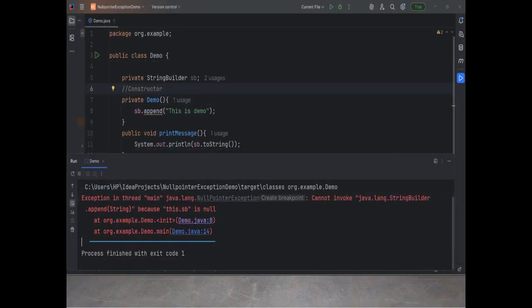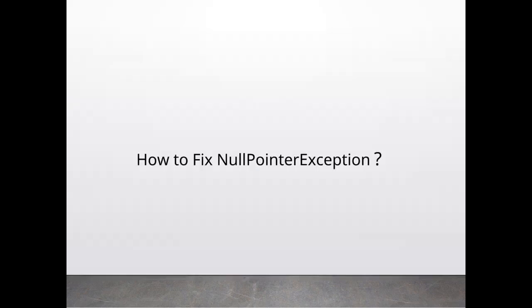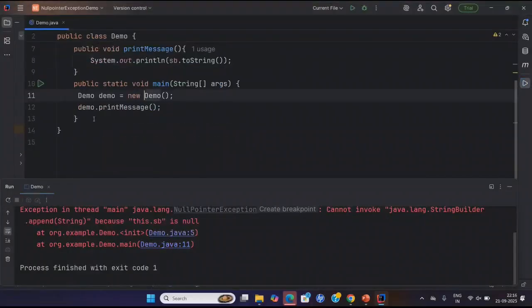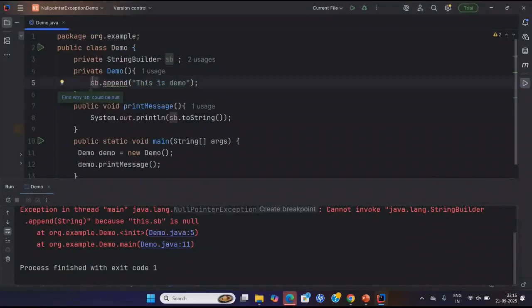The Java stack trace starts from the end. In our example, the main thread gets called first, so it is printed at the end. The Demo constructor gets called next. Now understand how to fix the null pointer exception in our code. When the main method creates an object of the Demo class in the first line, it is shown at second last position, just above the main method. This is the line where the exception has occurred.